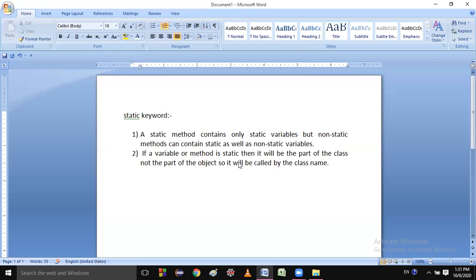That will be called by the class name, not the object name. If anything is part of the object, then how will you call it? You will use object name dot method name, or object name dot variable name.